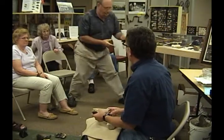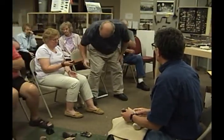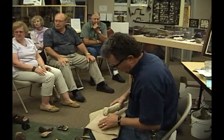That's an Osceola point. That's about 5 to 8,000 years old. And that one, I found in the field, close to my house. And there's another frame of points that I found around too. So anyway,